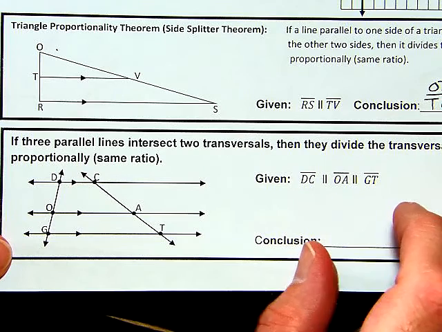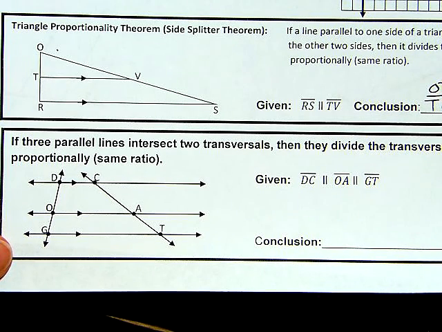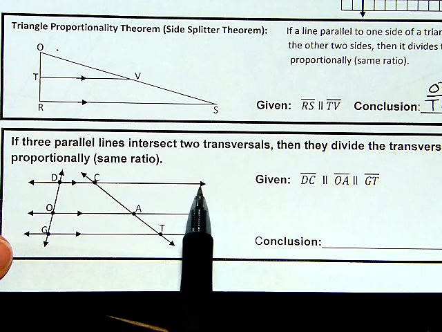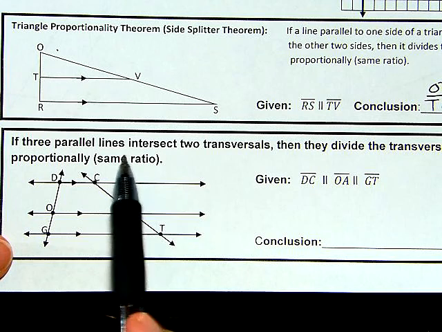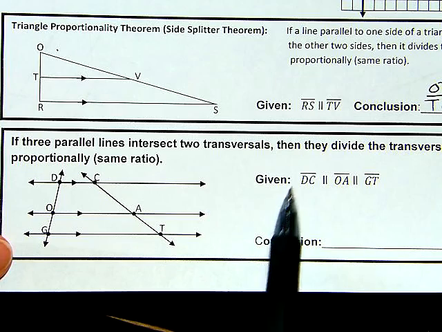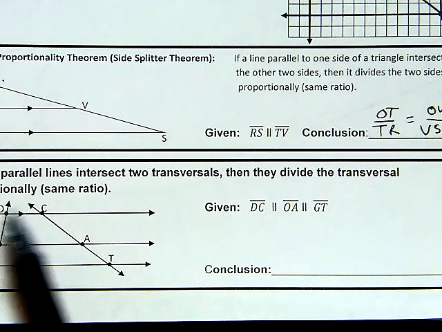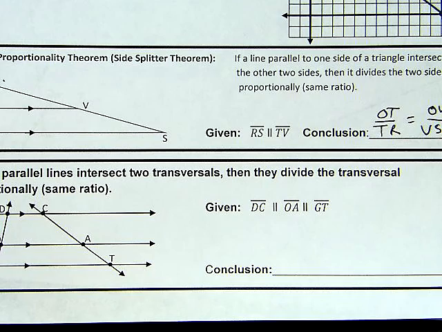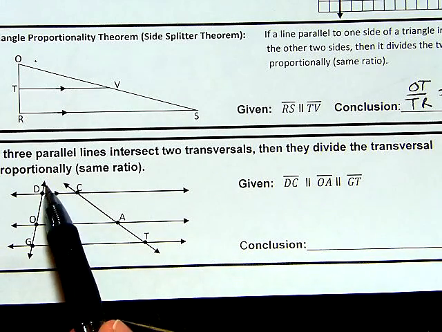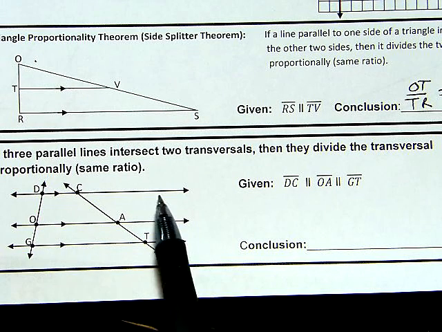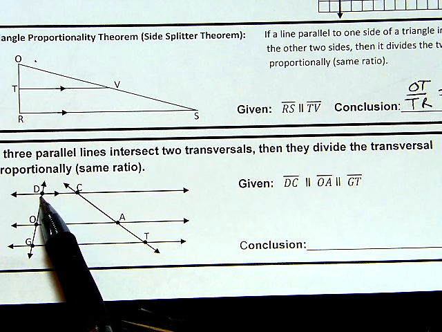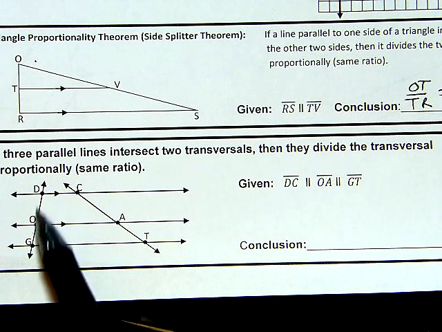But a similar theorem also holds for parallel lines. So that if we have three parallel lines, in this case we've got three parallel lines, intersecting two different transversals, and here you can see we've got two transversals, then they divide the transversal proportionally. Interesting. Okay, so that if this first transversal has three parallel lines that intersected, it has been divided into three